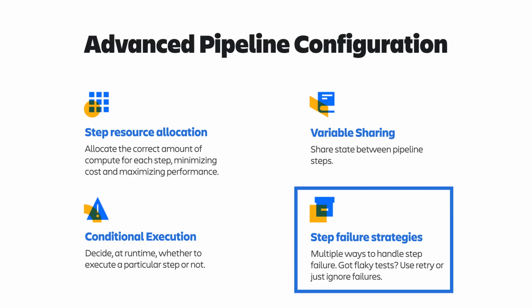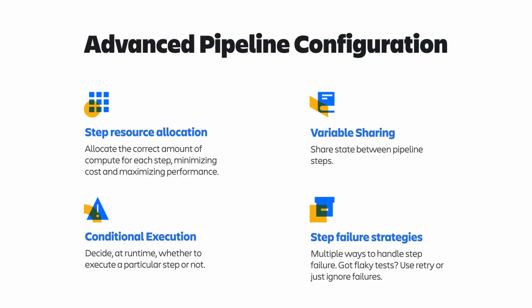The final option is new pipeline step failure strategies. When a step fails, you can have the pipeline stop like always, or you can ignore the step failure and let the pipeline continue, or you can retry the step a specified number of times. This is great for handling things like flaky tests. These options let you build more effective CI/CD pipelines by giving you more control over when and how Bitbucket Pipelines